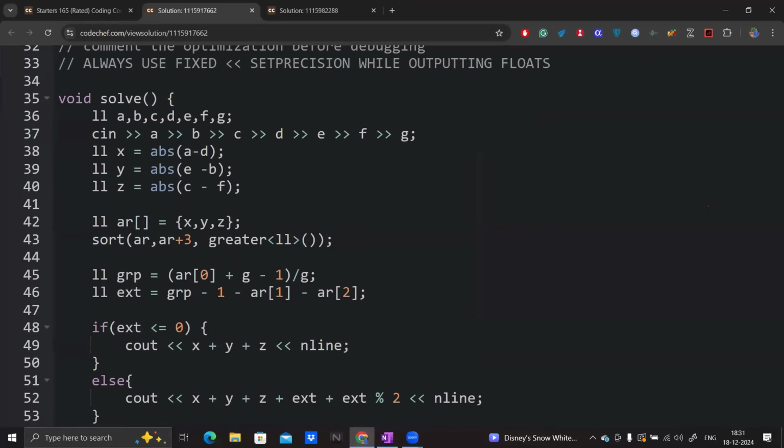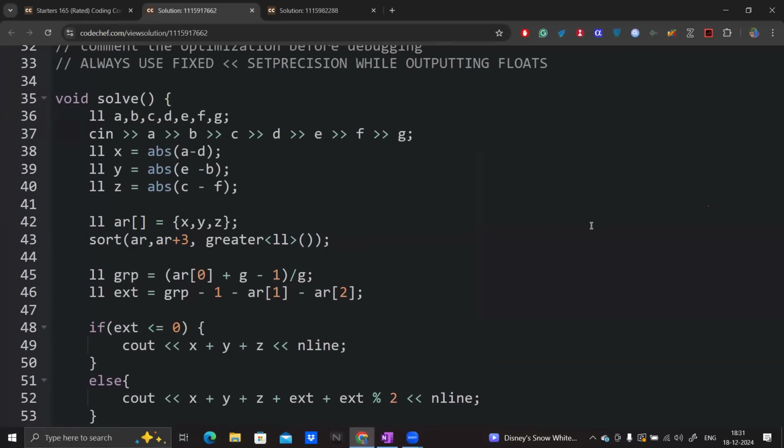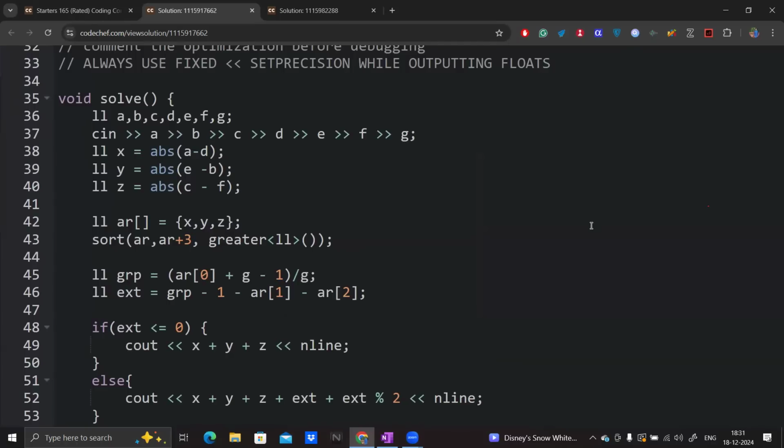Actually, I just changed the names of these variables. A, B, C, D, E, F, G, right? Then I'm defining x to be a minus d, that is the number of x's, the number of y's, the number of z's. And to find the highest, I just sorted this array. This is just the trick. I sorted this array, and